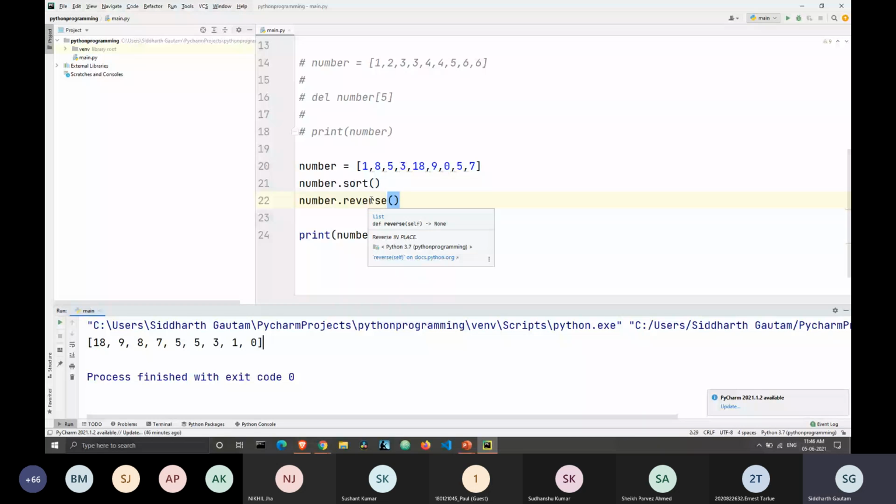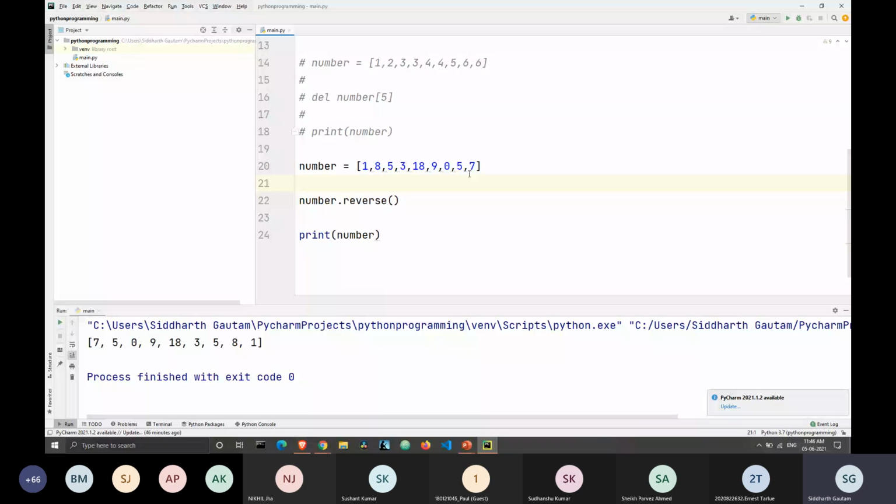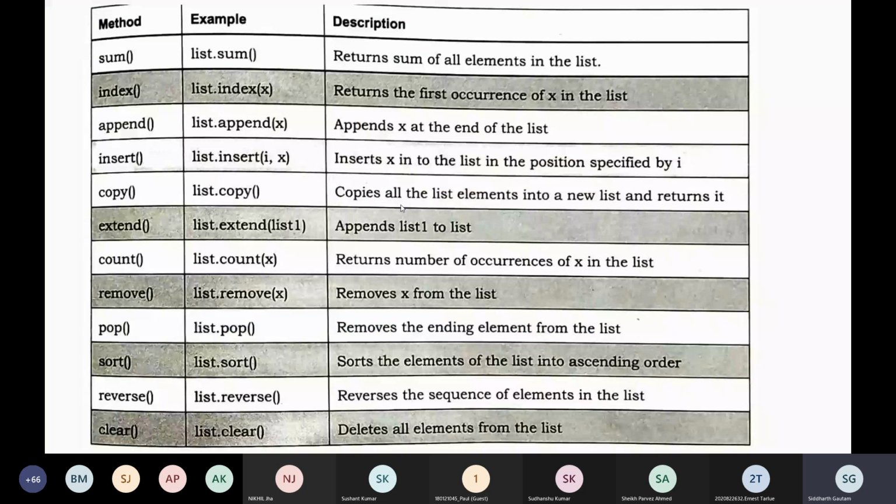But we still don't need to use the sorting method here. If we run this without the sorting method, the jumble list, the list in the random order, gets reversed. So 7 is the last element, but 7 is the first element here. The order of the list has been reversed when we use the reverse method. So you can use this with the sorting method, or without the sorting method. You can use multiple of these methods as you like based on your requirements.